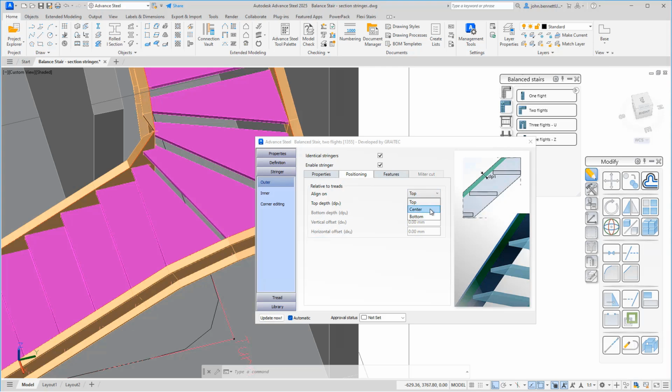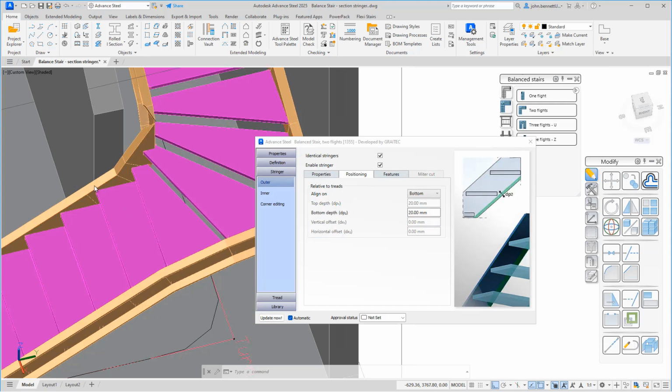So you have top, center and bottom. Obviously just changing to bottom to show the drastic difference, you'll see that the stringer depth moves up because of the overall depth of the stringer. If you set that value to 0, it'll move up slightly more because it's being measured from the heel part of the stair. I'm just going to put that back to top,